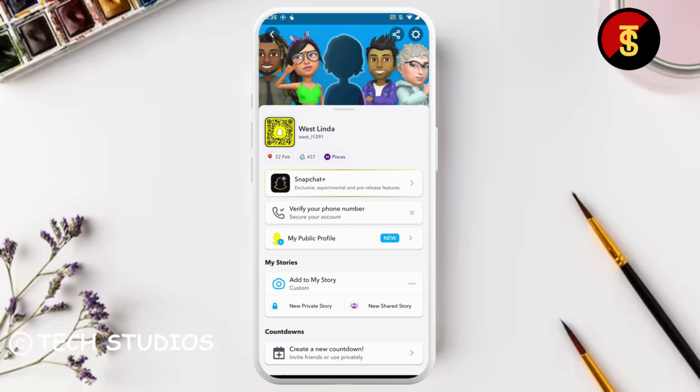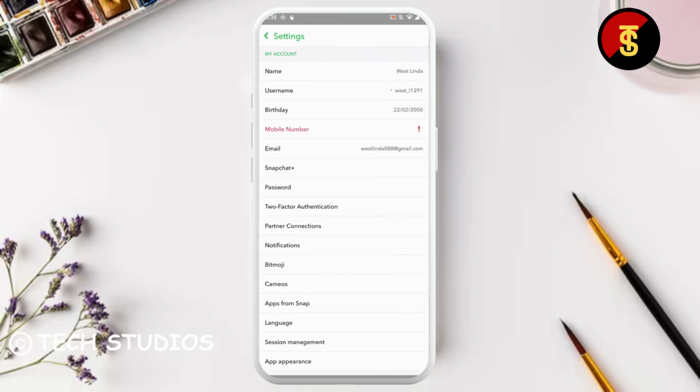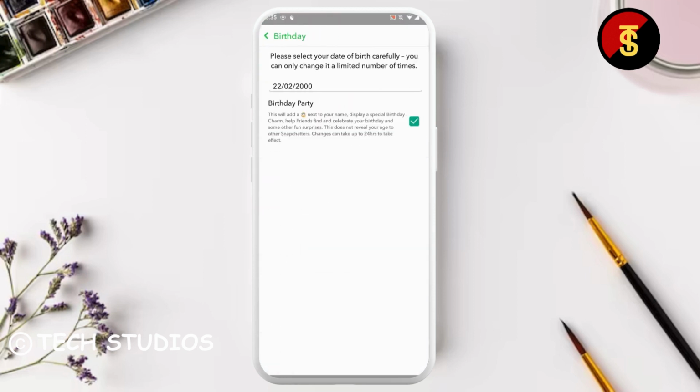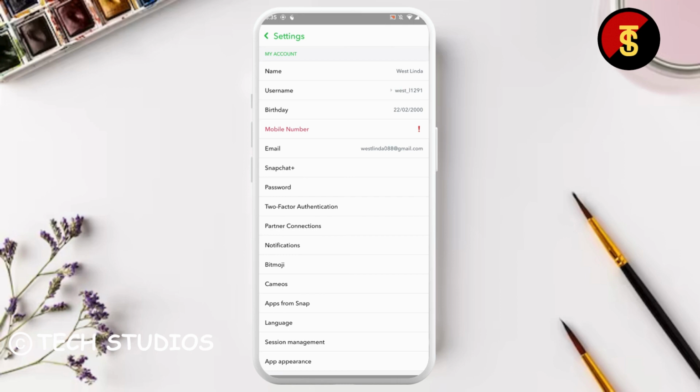So what you can do is first change your date of birth. To access this feature, you have to change your date of birth. Just tap on the gear icon which is on the top left corner of your screen. Then tap on birthday, and after tapping on birthday, change your date of birth to above 18. After doing that, what you can do is